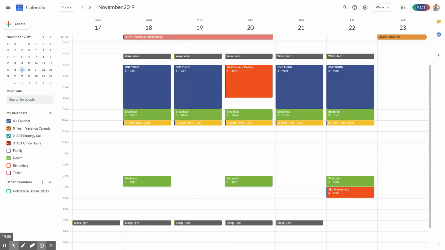And what's really cool is I actually share my calendar with a lot of people on our team, and so they're able to come in here and see what I'm working on and when I'm going to be available for questions or checking our project management application to answer questions. This is really critical when you're working on projects with other people. For example, my video editor can easily come in and see when I'm editing videos, and other people can see when I'm going to be available in the project manager to answer questions. Of course, we're all in different time zones, so it doesn't always work out very well.